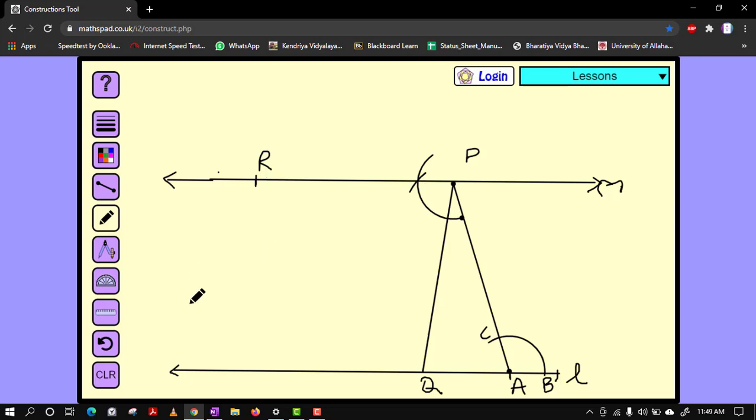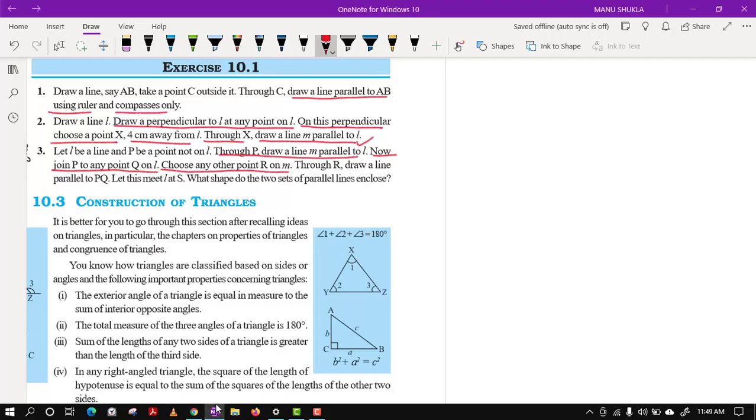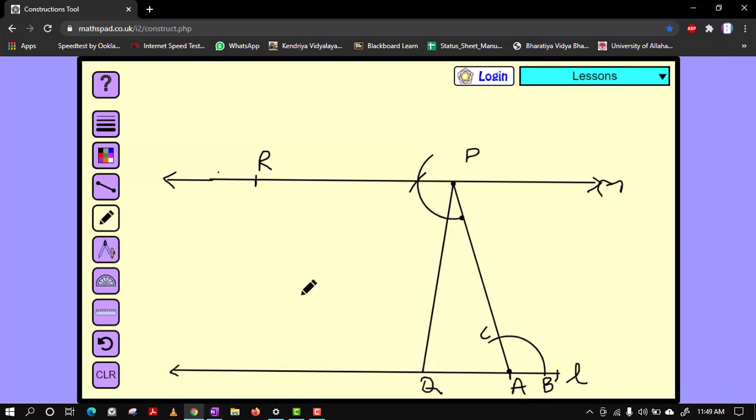Okay. Now what are they saying? Now they are saying through R draw a line parallel to PQ. So we have to draw a line parallel to PQ now. This line. So same way we will follow. We will try to copy this angle, this much amount till this much, because this is the angle made by PQ. So class, this is the motive, that we will try to make the same angle on R and we will get the line. Okay, let's try this one.